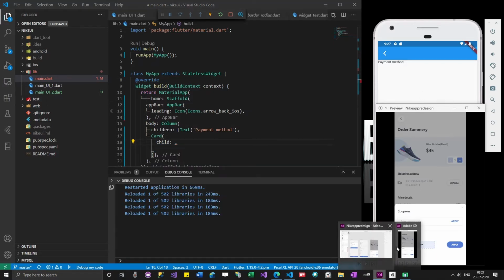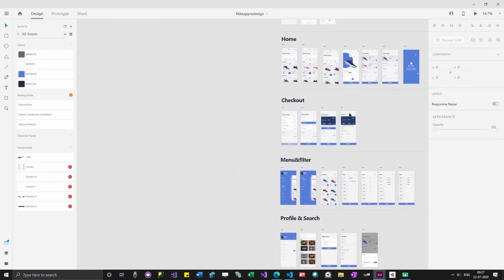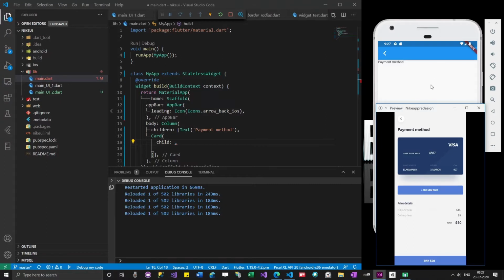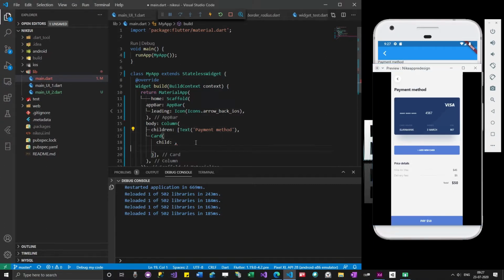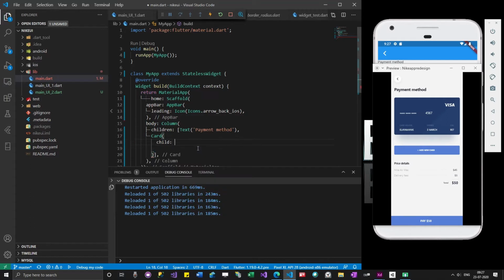So give me a second. If you see, the Visa is on top of the screen and these two are not aligned to this Visa, and everything looks like rows and columns.